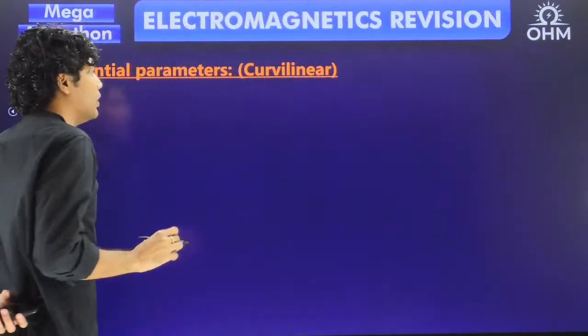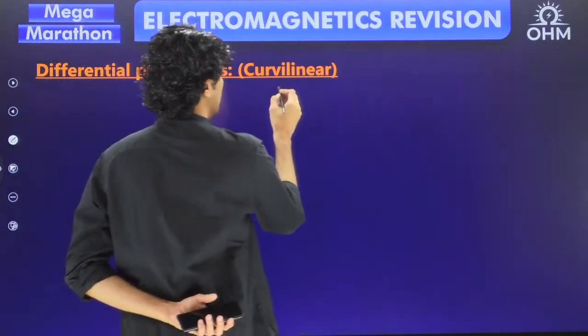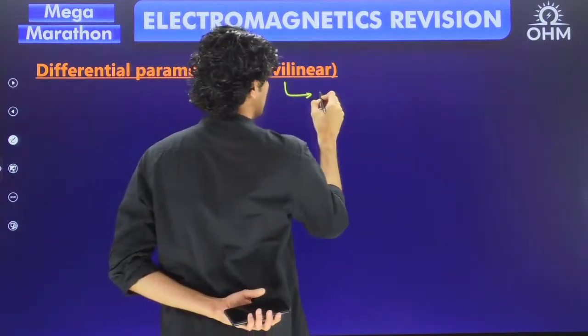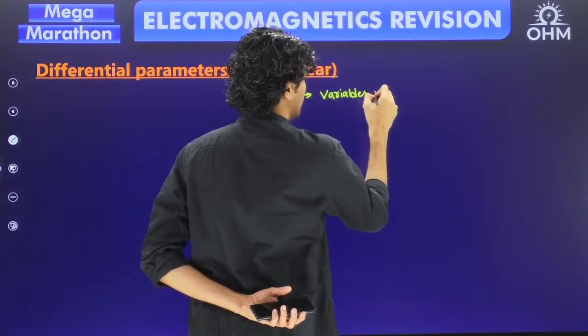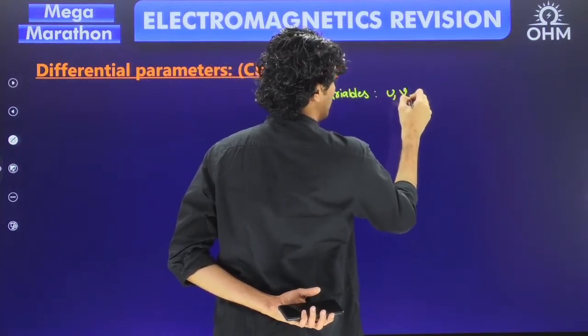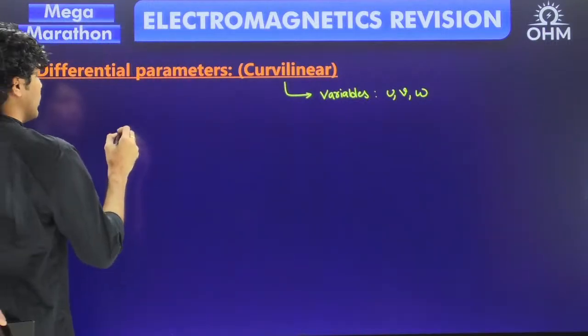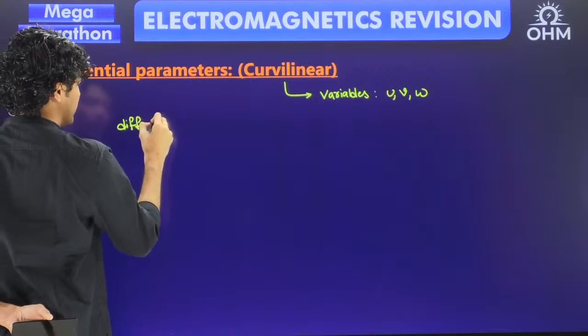Initially, we look at the differential parameters in case of curvilinear coordinate system. Curvilinear coordinate system is a generalized coordinate system, and who are the variables here? I am assuming that the variables here are nothing but u, v, w. Okay, so these are the variables. So then what is the differential length? So first is nothing but differential length